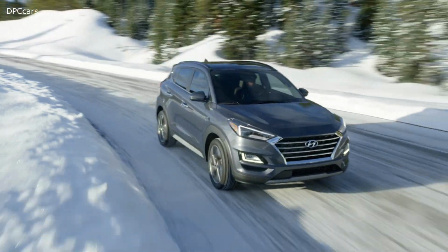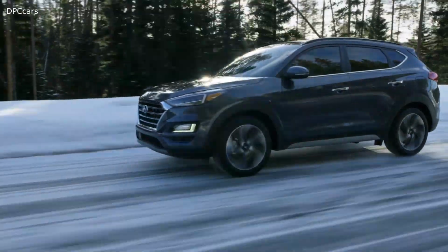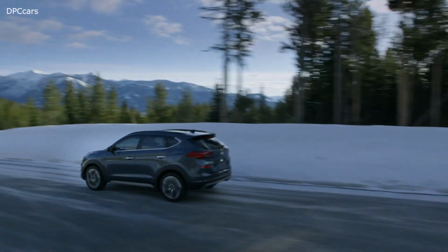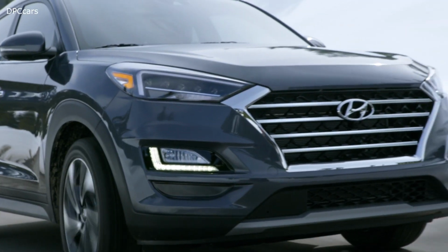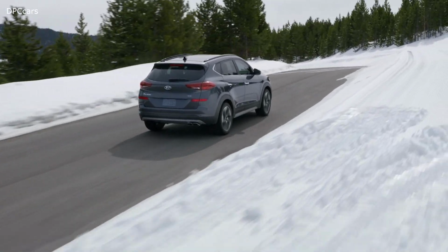Let's jump right in with the Hyundai Tucson. Our compact crossover has grown far beyond our expectations since it originally launched in 2004. Tucson sales have doubled over the past 4 years, despite heavy competition in this crowded segment. In addition to winning customers' hearts, Tucson has earned some of the industry's most coveted awards for safety, value, and